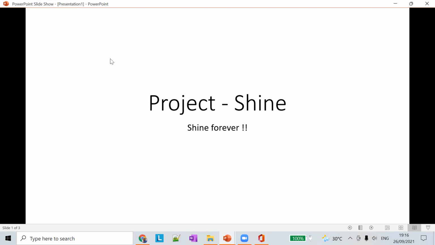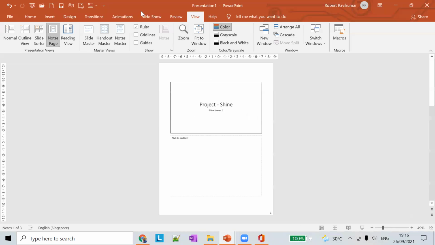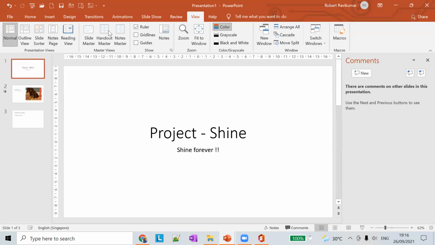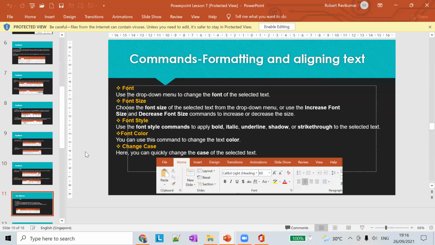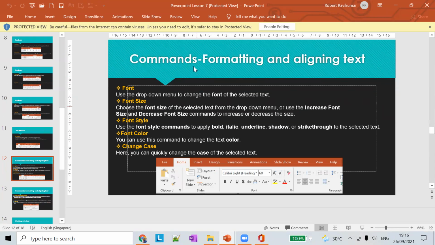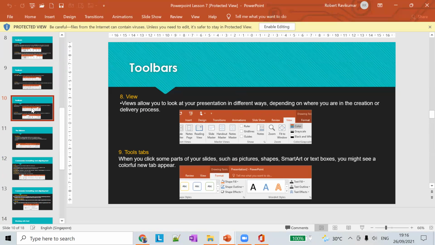It hides all the edit options that are available by default. In the reading view, you don't have to edit any document. You just have to go through the document. So it hides all the other unnecessary stuff. Then go back to the normal view. So this is about the views, the view toolbar.